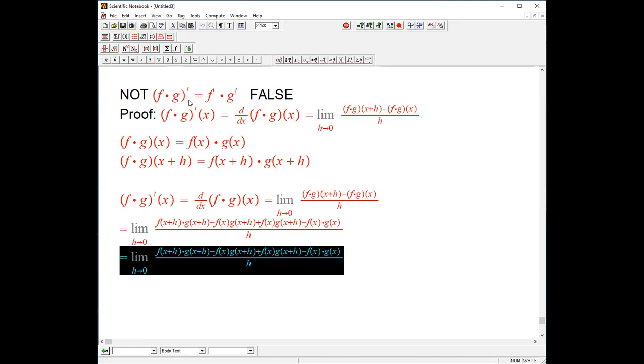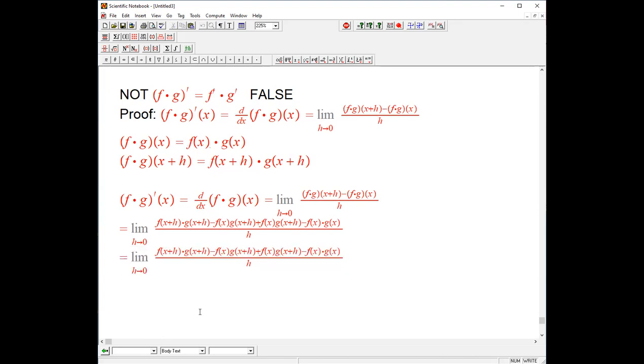And after we separate them, the next step, we're going to write this way, the limit. We're going to separate the numerator into two separate ones. Hold on. I just want to leave a little space. And so we're going to have something like this. Okay, h is a common denominator. And these two will go with the,